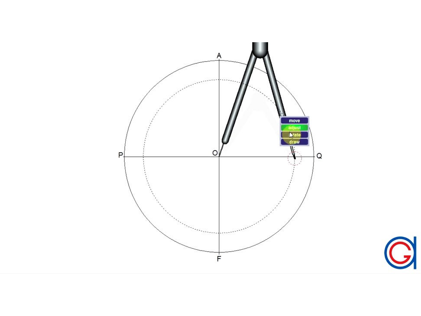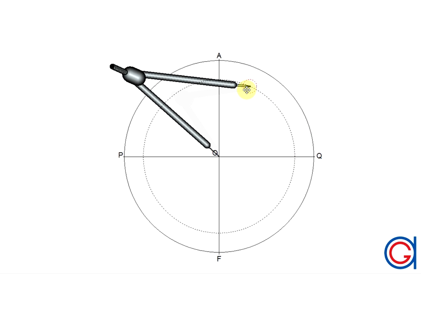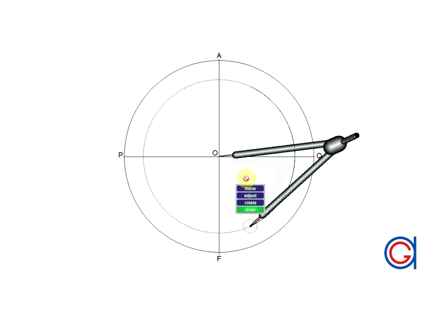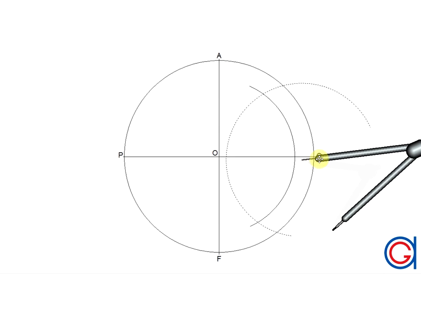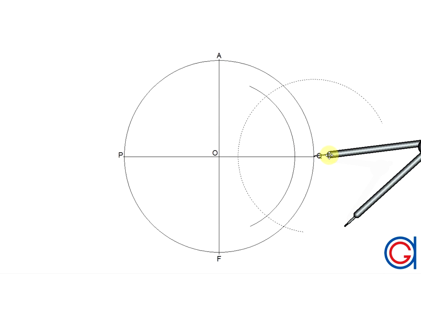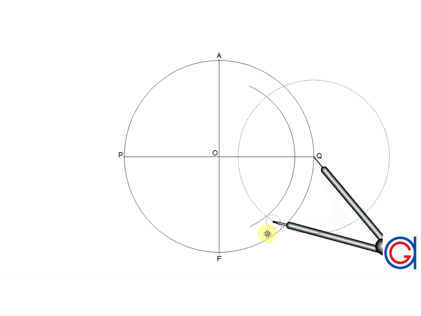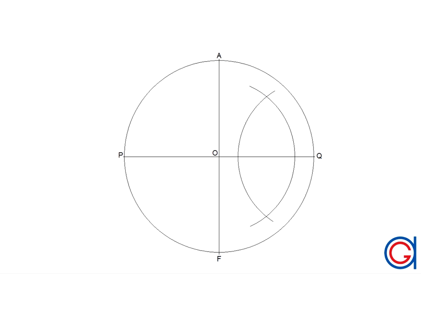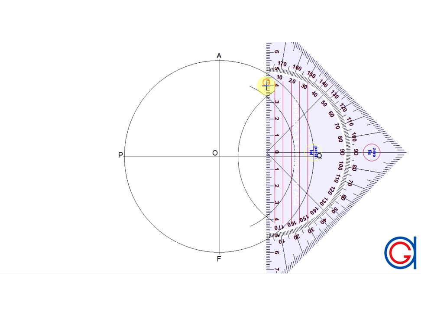So the next step we are going to calculate the perpendicular bisector of the radius OQ. To do this, with our compass set on point O and a radius slightly greater than half of the radius OQ, we scribe an arc above and below the radius. And now, with the same radius and the compass centered on point Q, we scribe another arc which intersects our previously drawn arcs at 2 points. And now, we will join these 2 points, and where it cuts the radius OQ, this will be the midpoint